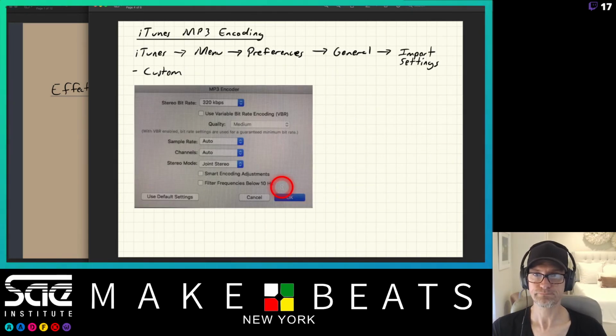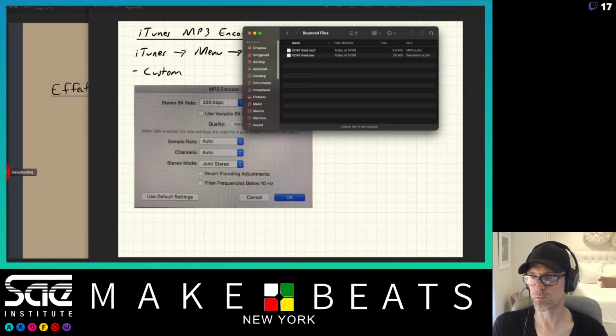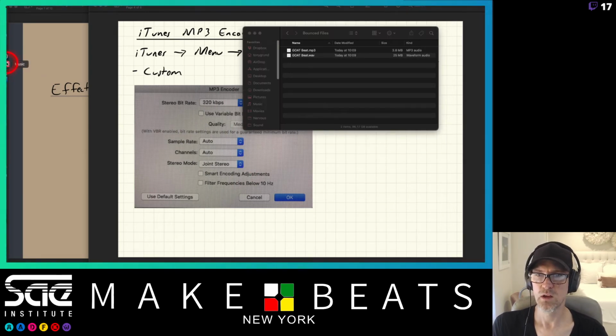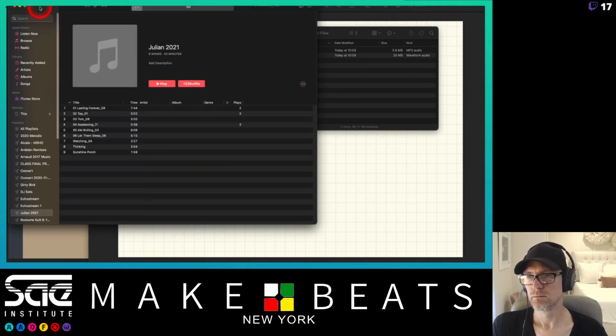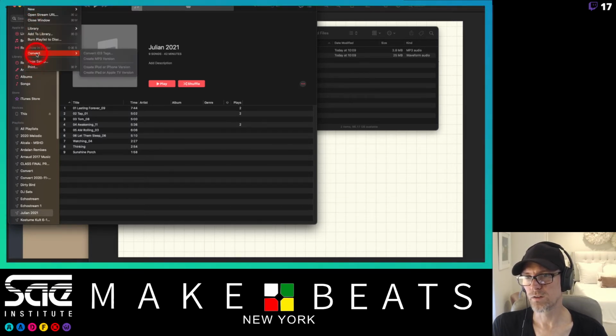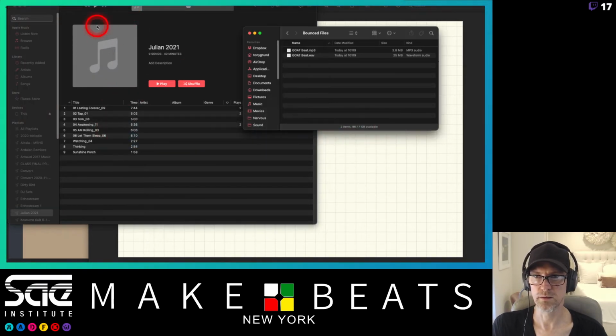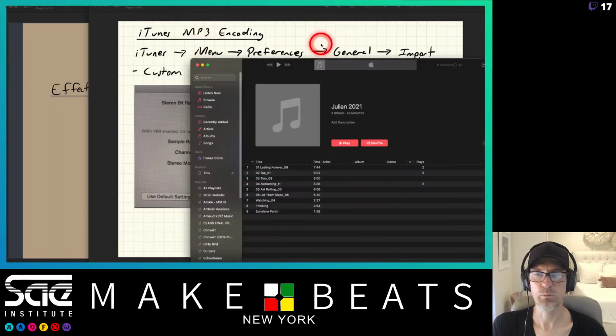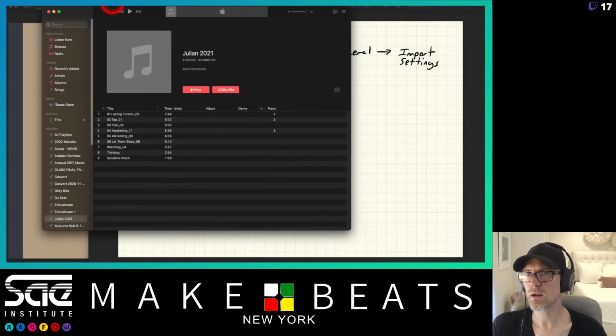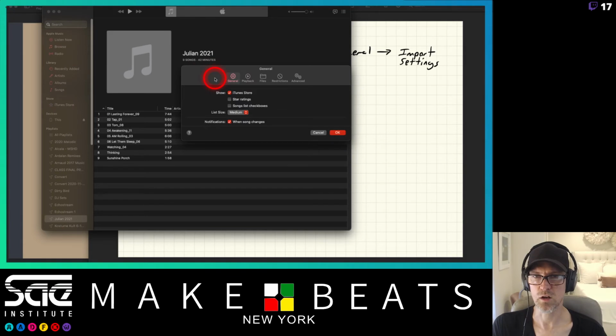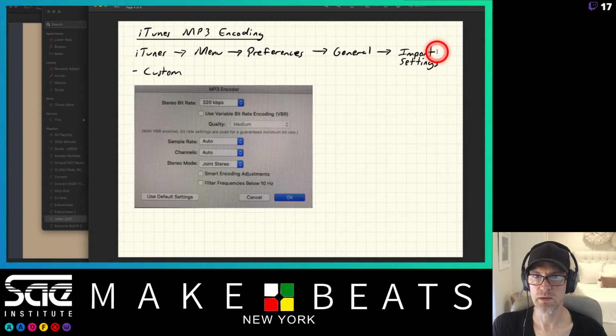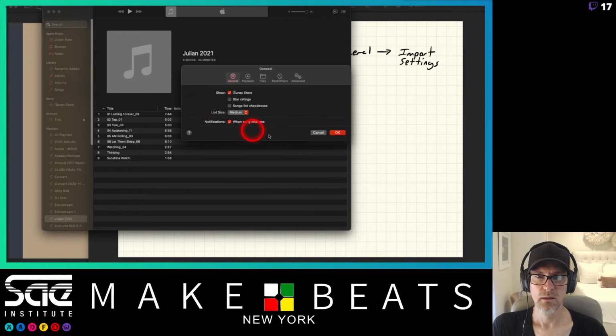Read the notes also. Okay, the iTunes encoding. If you want to encode stuff with iTunes, now again, this is called Apple Music now, but it's the same basic premise. What you do is you open up your Apple Music, and you go to menu, file, convert. Hold on, let's click on something. Oh, preferences. Sorry, not convert. Yeah, you've got to go to preferences first. Sorry, it's under music, preferences. Yeah, okay, so it's a little bit different there, but go in here,